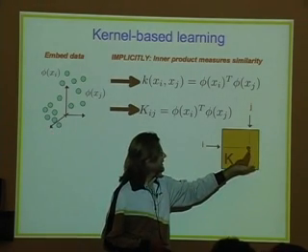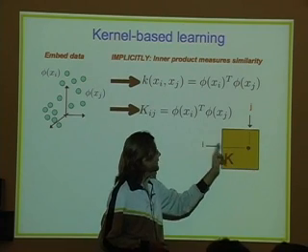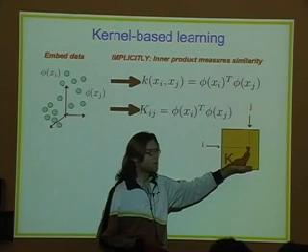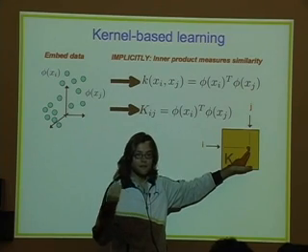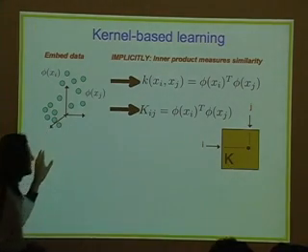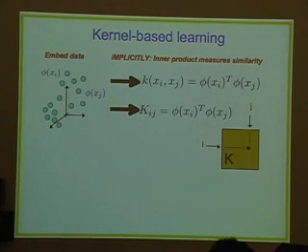And then one specific entry in this matrix, let's say on row i and column j, gives you the similarity measure, or the inner product, between the image of the ith and the jth data point in this high-dimensional space, okay? So this matrix contains all the inner product information or similarity measures between each pair of data points in this space, and therefore implicitly defines this entire embedding, again, without explicitly saying what the coordinates of the embedded data points are.